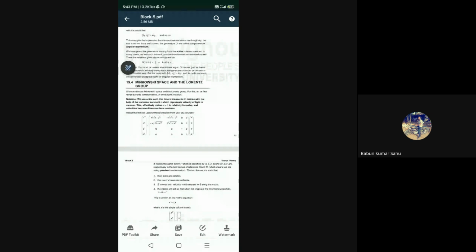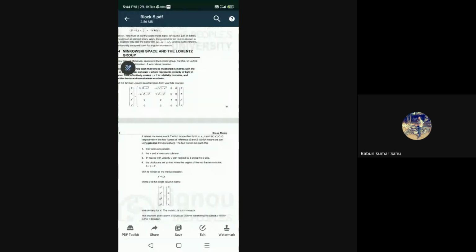Then, the Minkowski space and the Lorentz group. We use units such that time is measured in meters, with the help of a universal constant small c, which represents velocity in vacuum. This effectively makes c equal to 1 in a relativity formula, and velocities become dimensionless numbers. So if you recall the Lorentz transformation, you might recollect that in matrix form, t dash, x dash, y dash, z dash is equal to